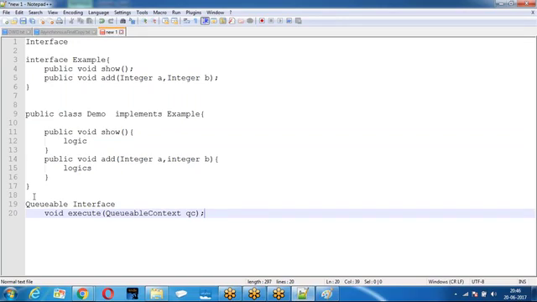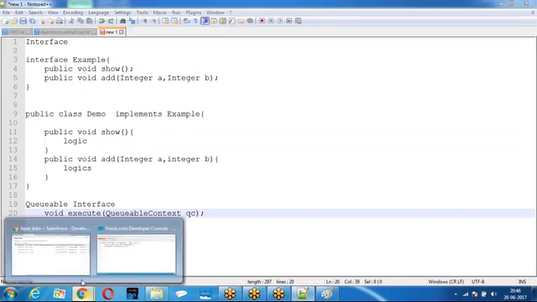What is the method it has to define? Execute. If I don't define, what happens? Error. It's a must. If you implement an interface, the methods in the interface have to be defined, otherwise it is an error. Right? So fine. People have followed this point.